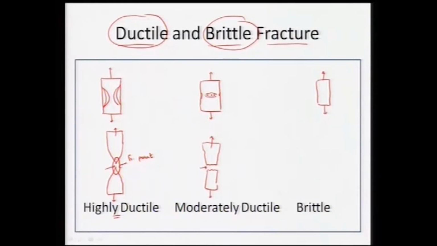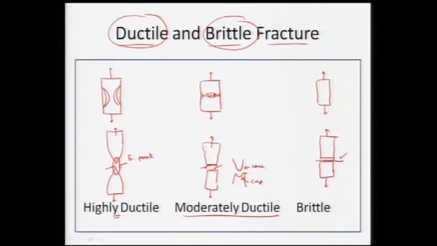This region would have fractured because many micro cracks will now become much bigger cracks, and they will coalesce to form this sort of fracture. So, we will see some sort of a cone and a cup type of fracture. Like we have a cone, the cone will appear more like this, and the cup fracture will be something like this. So, we can see this is kind of a cone and this is a cup. We can see this type of fracture in a moderately ductile material, because in this case the necking is occurring to a very minor extent, and it is occurring because of coalescence of the cracks in between. Whereas in the case of a brittle material, there is no necking. So, the material will fracture very flat.